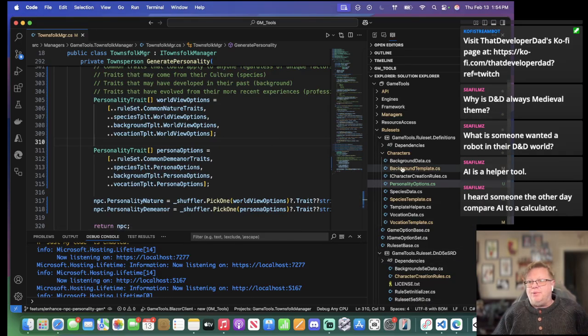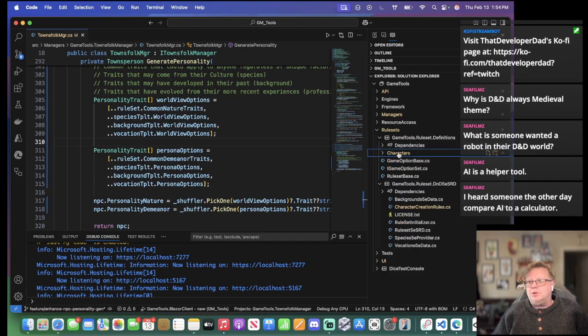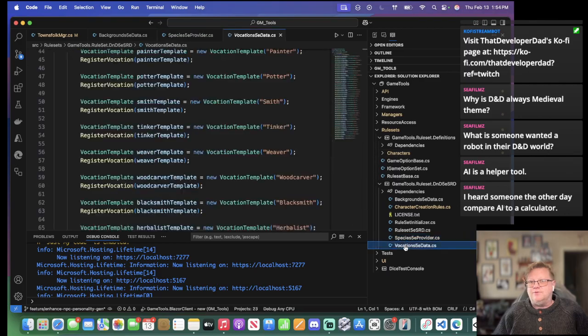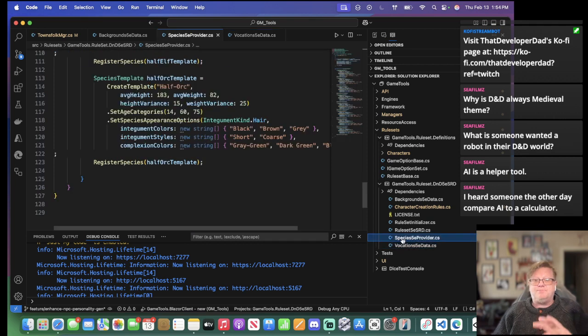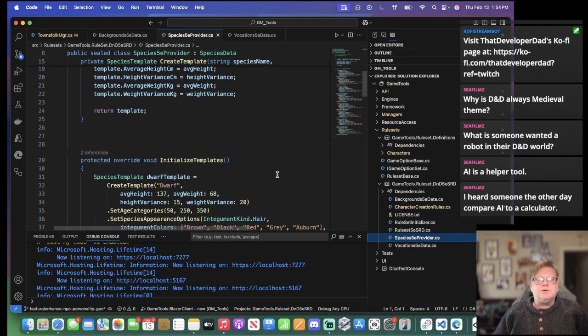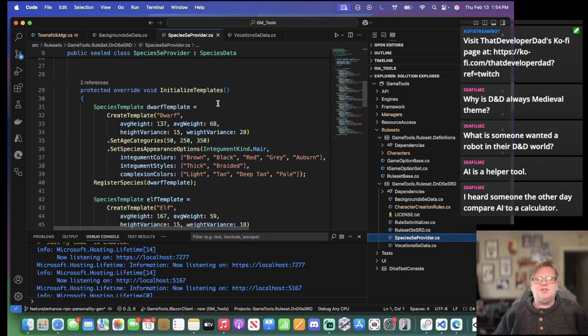And I need to come back to in here. I'm going to open up backgrounds, species, vocations. I'm going to set up a couple of things for species first. But what I want to do before I do that is, because this initialize templates is getting really, really silly,